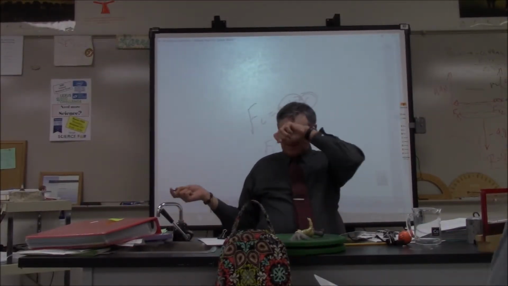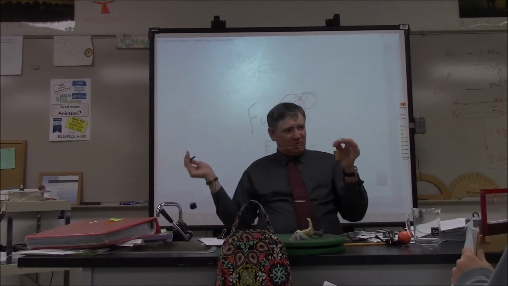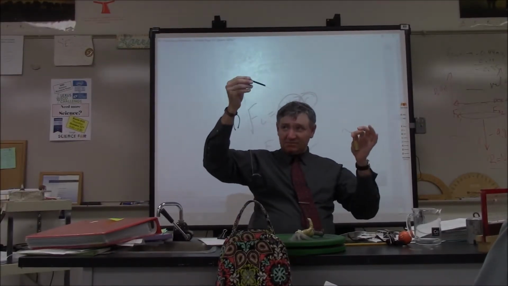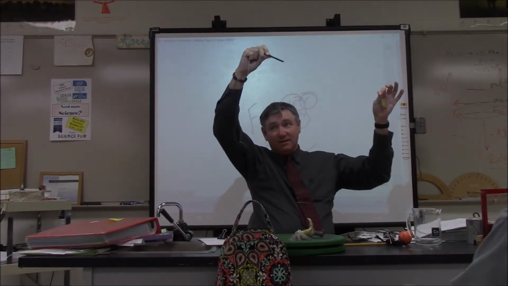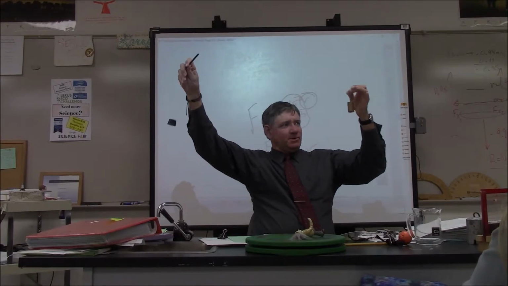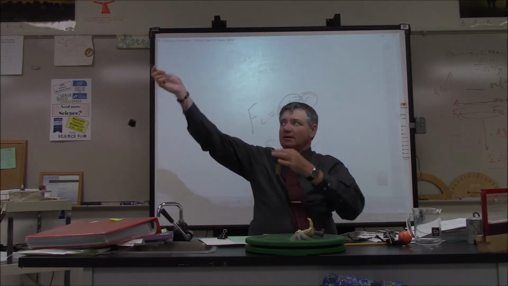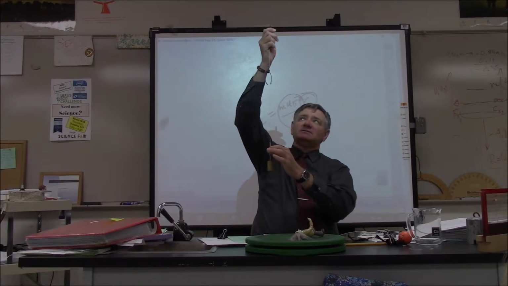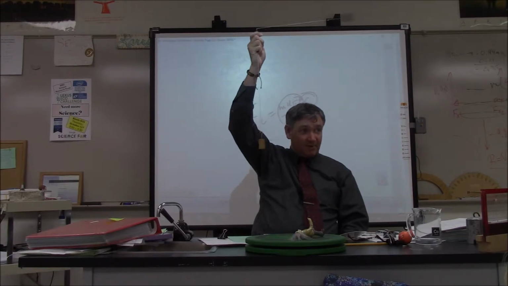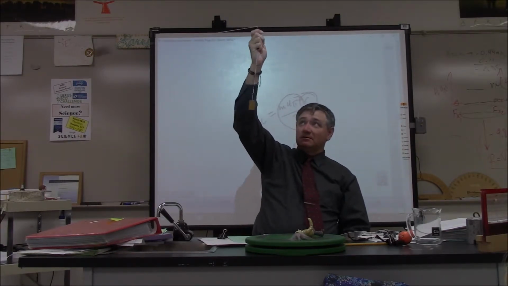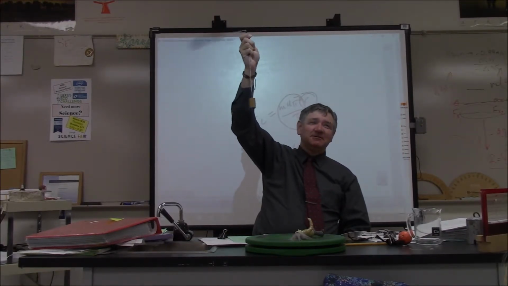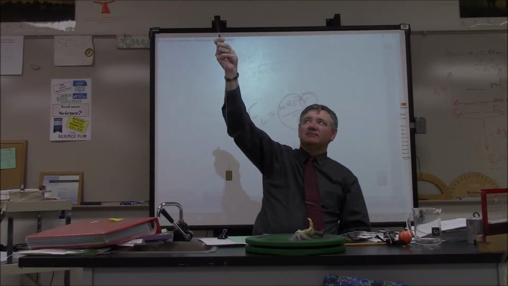Only pancakes. So here's the whole purpose of this lab, and this is why it's become known as the cowboy-cowgirl lab. You take a rubber stopper tied to the end of a string. It's going to go through a glass tube, and at the end of the tube you're going to have, in this case, a 200-gram mass. So you get it spinning, and then the 200-gram mass will just stay there. Now, if I go a little bit faster, or if I slow it down,